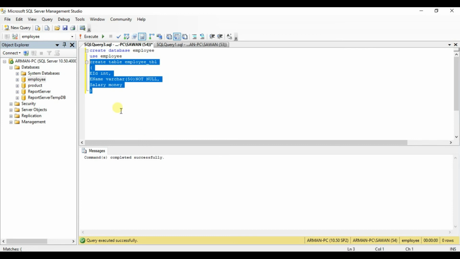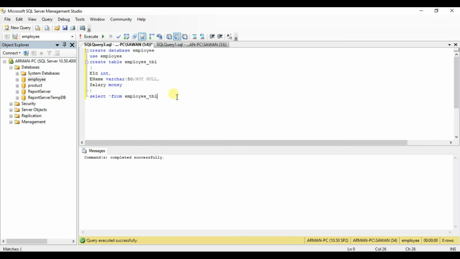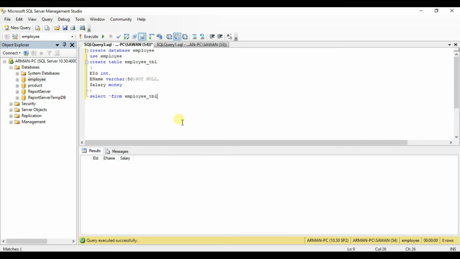Now let's see the table. Select star from employee_TBL. Select all and execute. See, there is no value inserted in the table right now. So let's first insert the values of these three columns. For this we have to write some query.